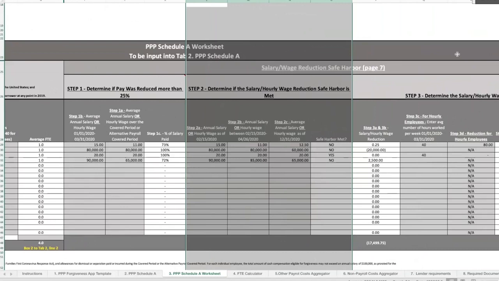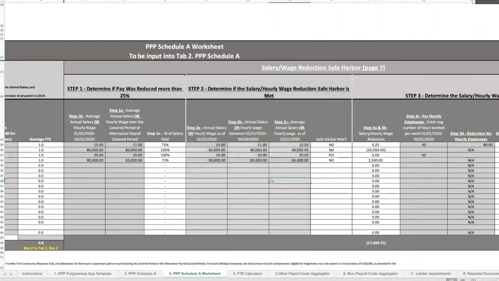Very important note: if you are submitting your application for forgiveness before the end of a 24-week covered period, so if you've selected 24 weeks of a covered period and you're applying at week 15 and you have salary reductions that are above 25%, you will be subject to recognizing those reductions over the full 24 weeks. So the calculation of wages reduced will be on a 24-week basis, not 15, if that's where you've chosen to